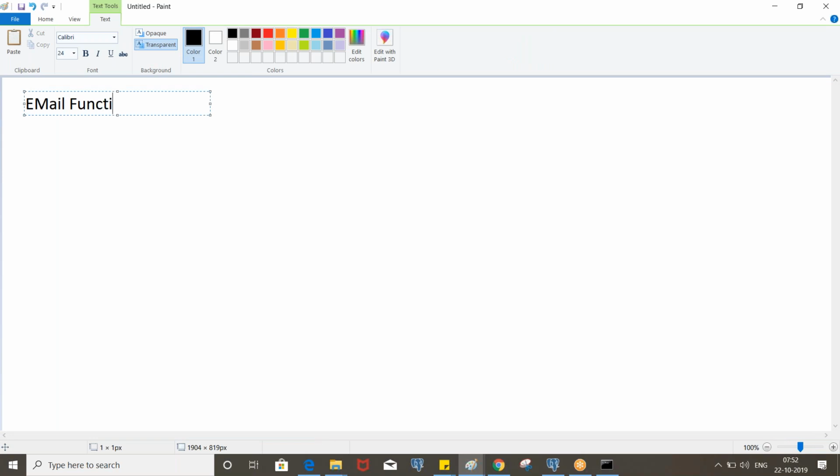Portraying email functionality. In real-time applications, what we do is create an email account where we specify the from address and password, and the email will always be sent out from that address.